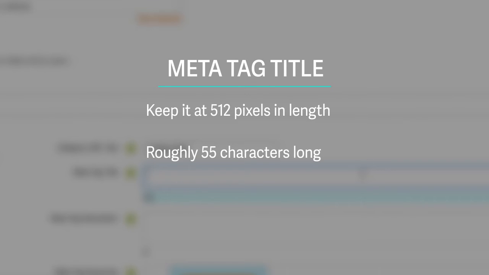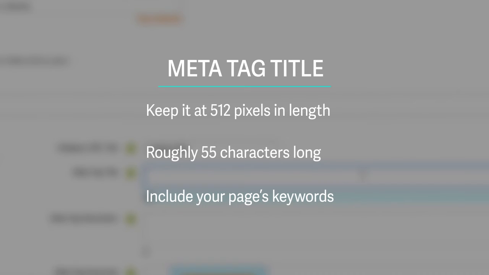For the meta tag title, it's sort of a common misconception that it's a character count you're looking for, but you're actually looking for a pixel length. It averages out to about 55 characters, and the reason we go by pixel length instead of character count is because your capital letters will naturally be a couple pixels longer than, say, a lowercase l.